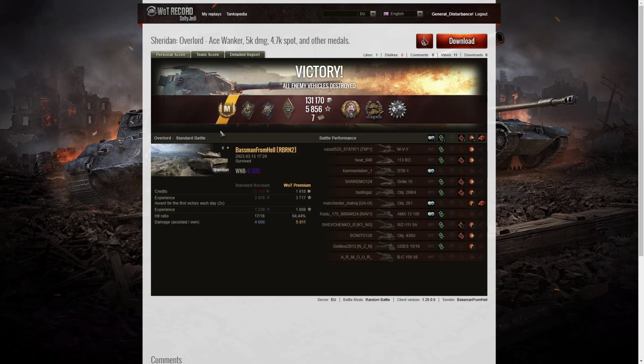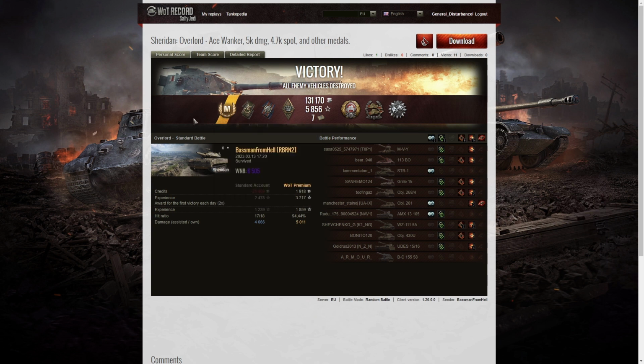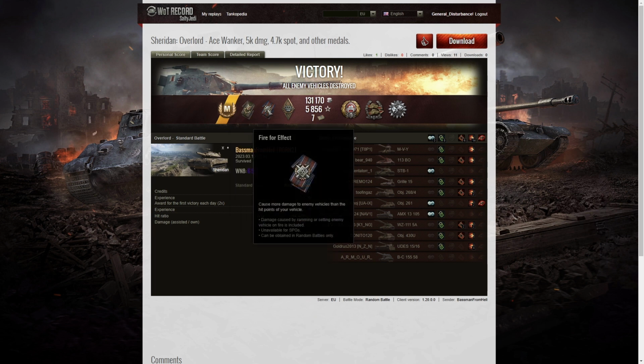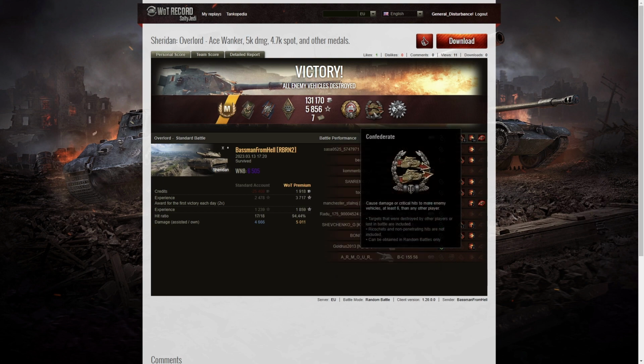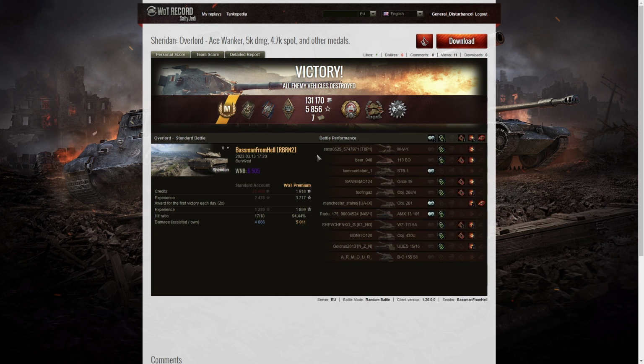Here's the end of battle results, and that was an ace tanker game from the Bassman from Hell in the Sheridan. He managed to get a Spotter badge for spotting at least 1,000 hit points of damage, Scout for effect for doing more damage than hit points for his own vehicle, Bruiser for getting at least 5 critical hits, in fact he got 6 in that one, and he also picked up Tank Sniper for doing the most damage at 300 meters or more, as well as Confederate for hitting more of the enemy than anyone else on his team, and finally he got Patrol Duty, being the only one spotting 6 enemy tanks whilst they were damaged. So let's have a look at his win rate,